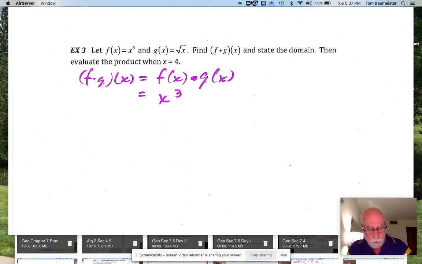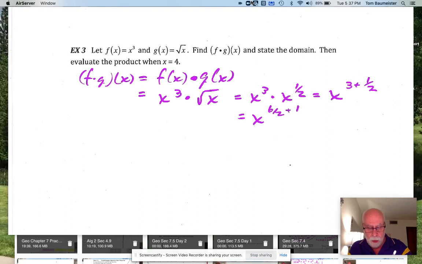So that'll be x cubed times the square root of x. So now remember, I can write the square root of x as x raised to the 1/2 power. Okay, so then that will tell us we have x. And again, when the bases are the same, you can add the exponents. So when I add the exponents there, remember 3 we can write as 6/2 plus 1/2. So we'll get x is equal to